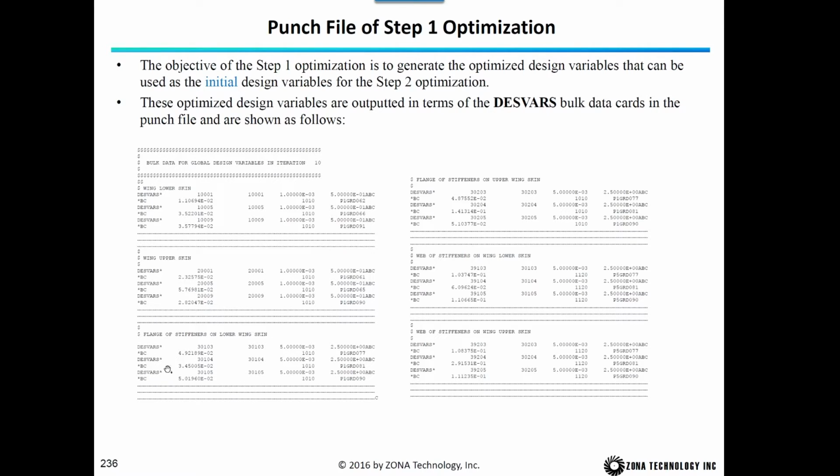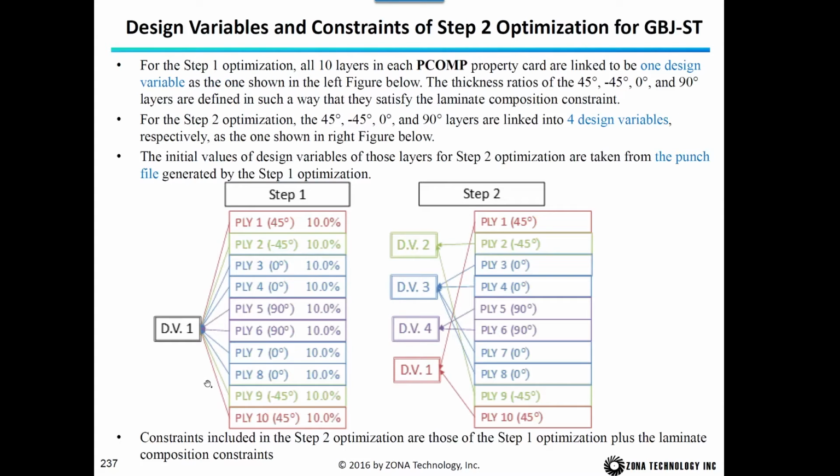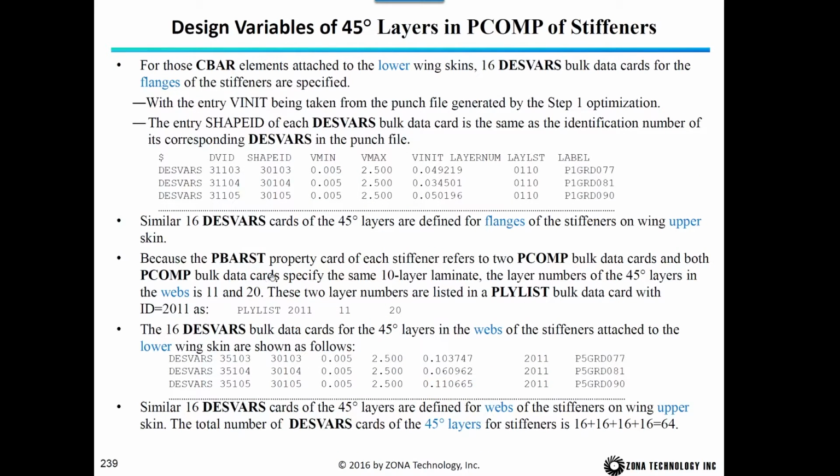So the values are 77, 81, 99. The value is 0.0049 and 0.0345. So it is 0.049, 0.0345, and so on. 16 DESVARs referring to the 45 degrees